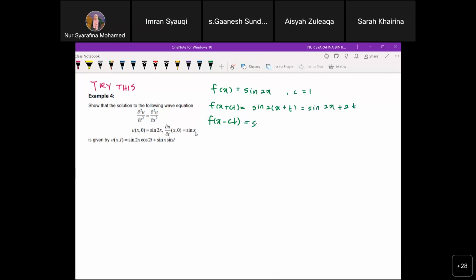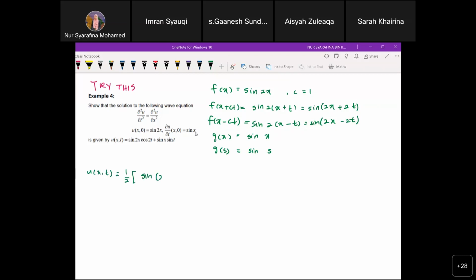Then here, sine 2x minus 2t. Okay? And then g(x), what is your g(x)? g(x) equals to sine x. So g(s) equals to sine s. Alright? Then just substitute. So u(x,t) equals to 1 over 2